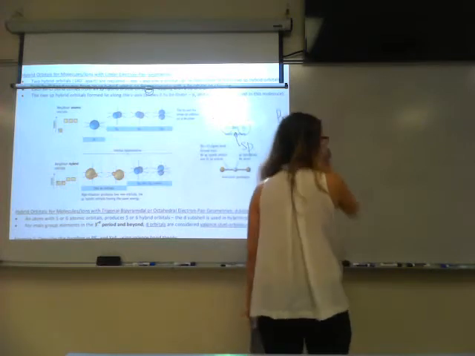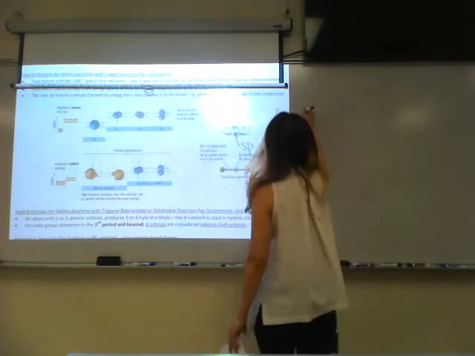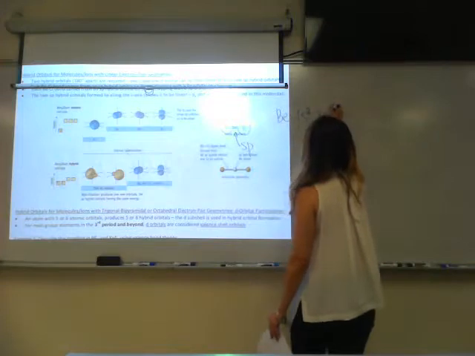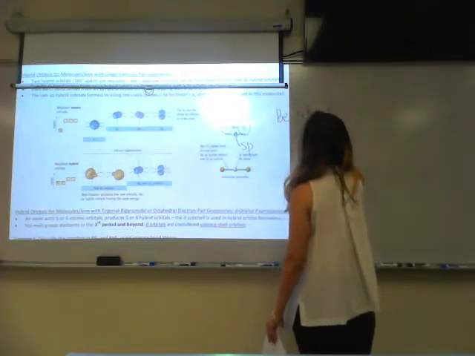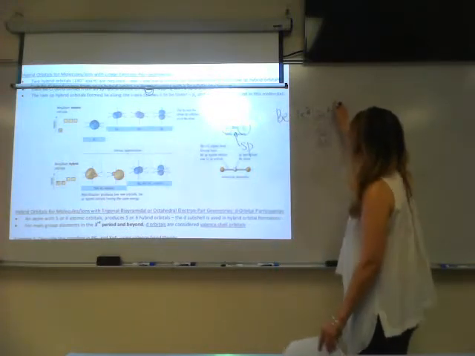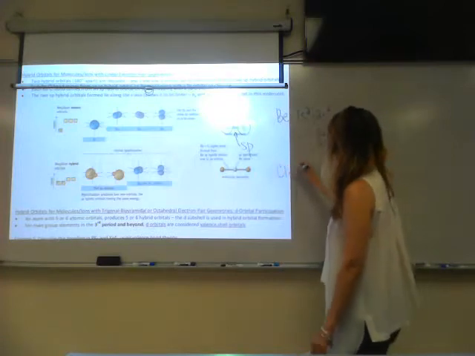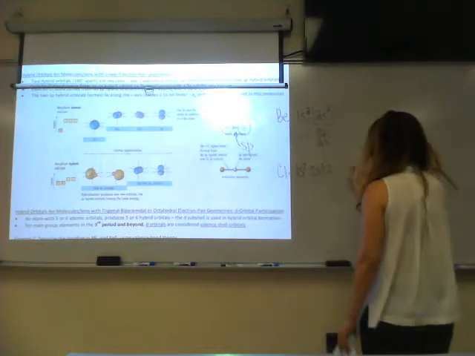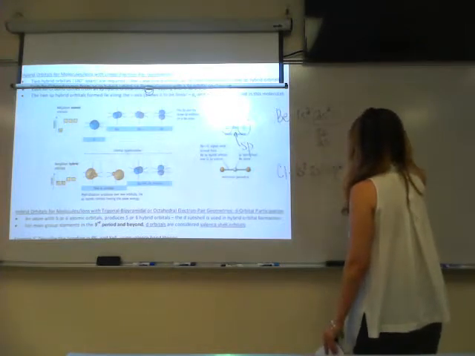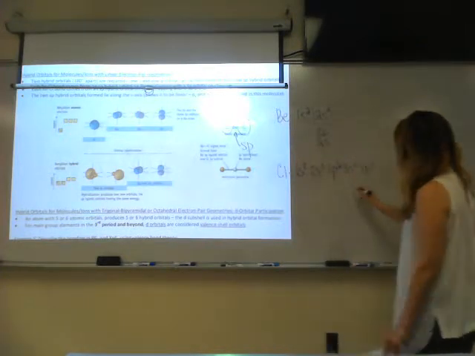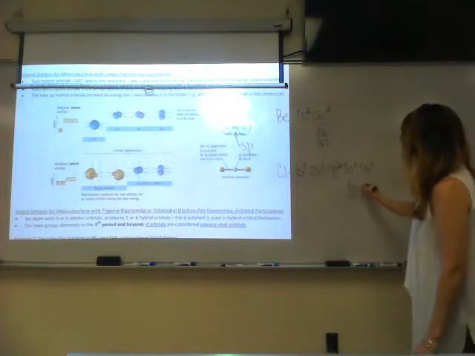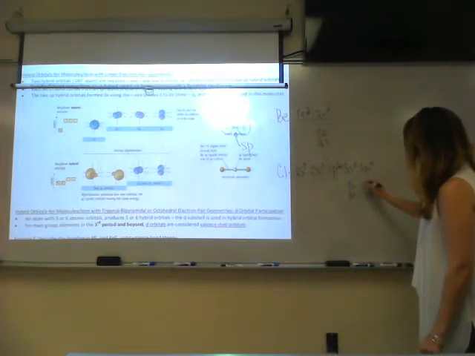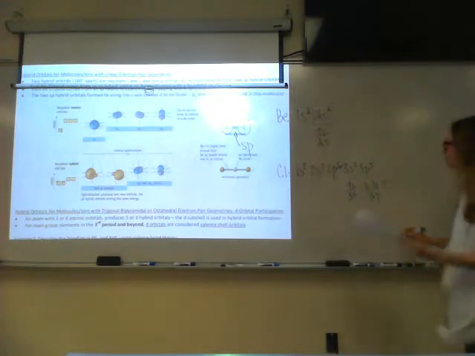Beryllium has an electron configuration of 1s2, 2s2. So the electrons that are in the 2s are the ones that are going to participate in bonding because those are your valence electrons. Chlorine is 1s2, 2s2, 2p6, 3s2, 3p5. So really we're focusing on the electrons that are in the 3p. 1, 2, 3, 4, 5. So what happens here is